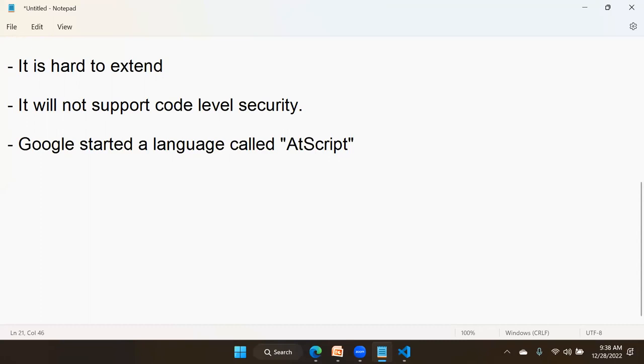Why did they start developing this AtScript? They started AtScript in order to overcome the problems of JavaScript. They thought that we will design this AtScript and use it for Angular, so that Angular will not use JavaScript anymore. It will take the help of AtScript. But they started this AtScript for which technology? For Angular. But what happened is, Microsoft